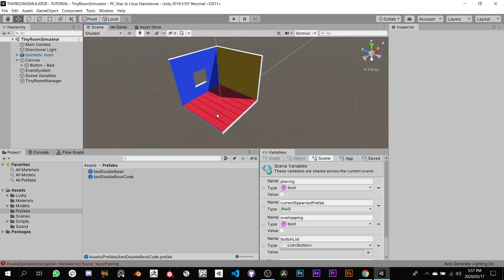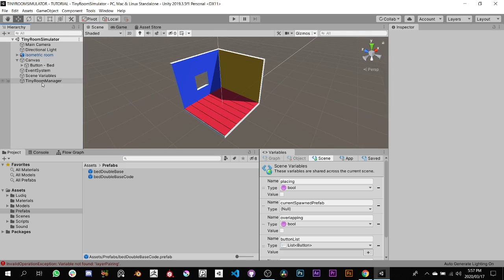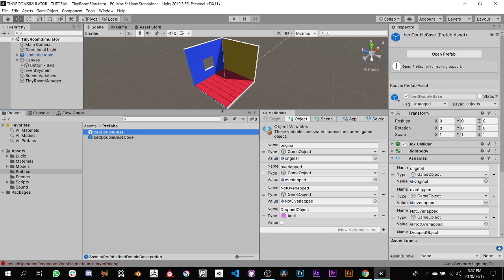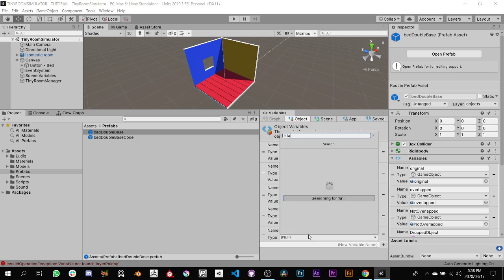So first we're going to start by replacing the way we're doing layers. So we're going to go to our prefab. We only currently have one for the code and one for the base object. So we're going to update this base object with all the variables that are required. We're going to start by, in the object variables, add this object layer. Now this isn't the layer of the object that it's on, but the layer that it's looking for to be placed on. So this is going to be a layer mask,